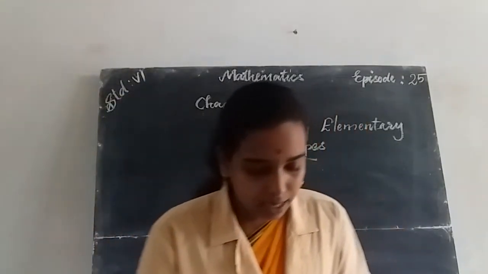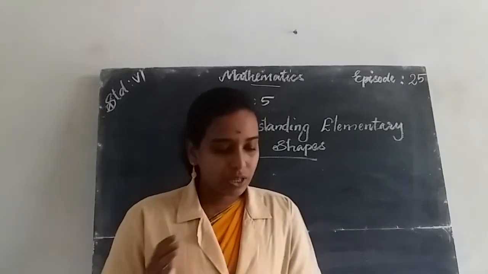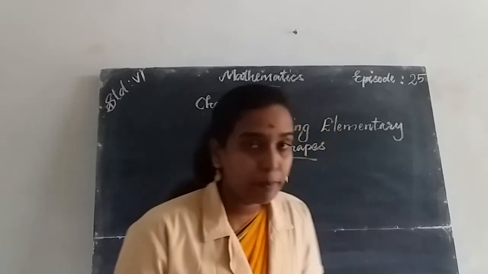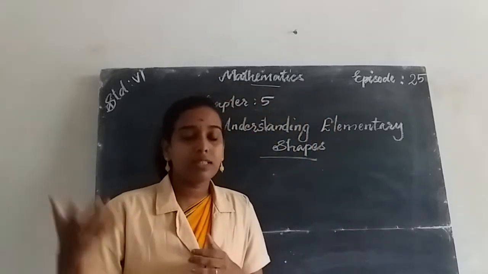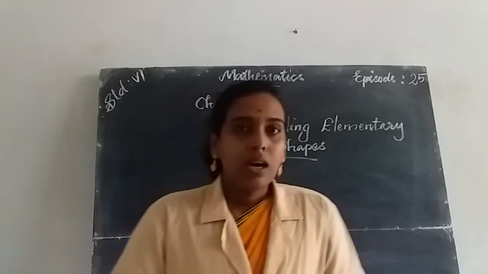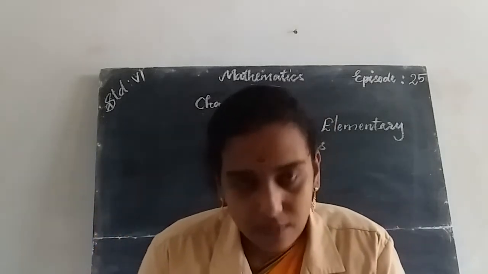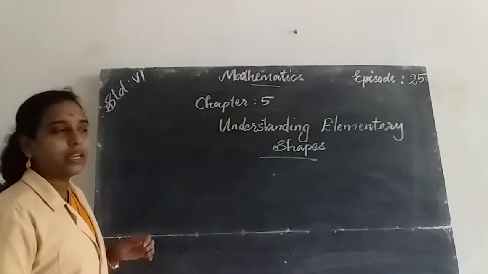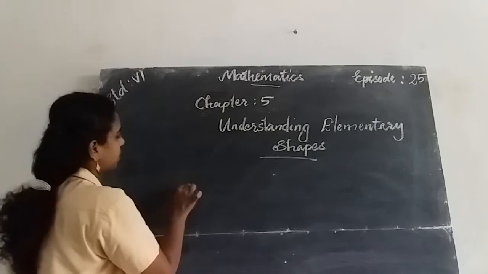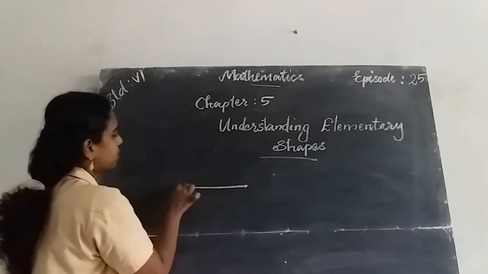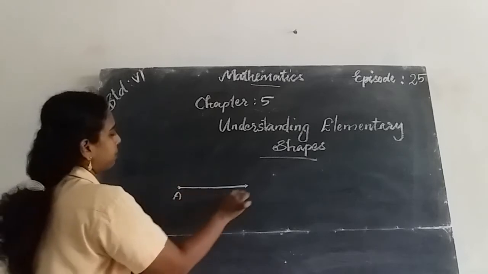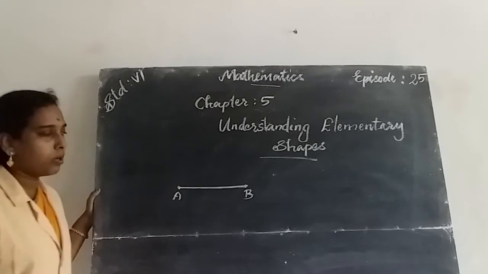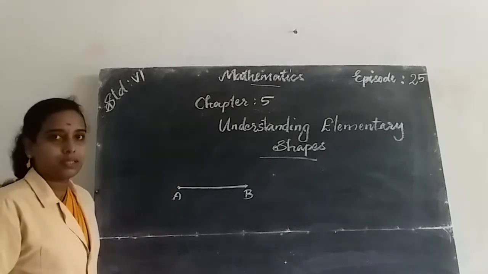This chapter mostly deals with the measuring of segments, angles and their types, triangles, and polygons and the classification of polygons. We also studied line segments in our previous classes. A line segment has two endpoints. If you draw a line segment like this, it has two endpoints, and we name them A and B. Points A and B lie on line segment AB.